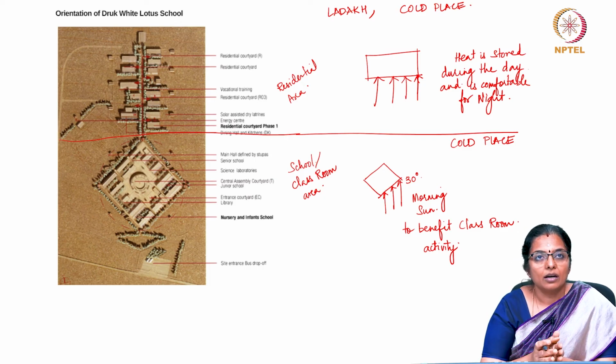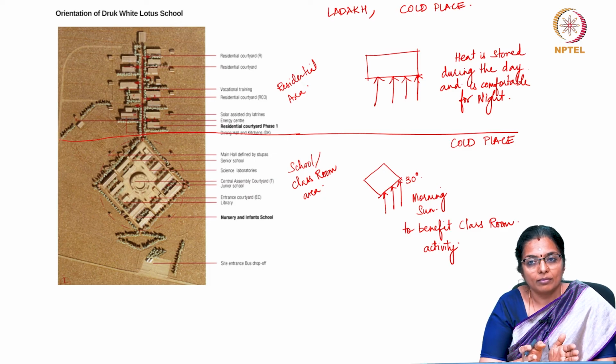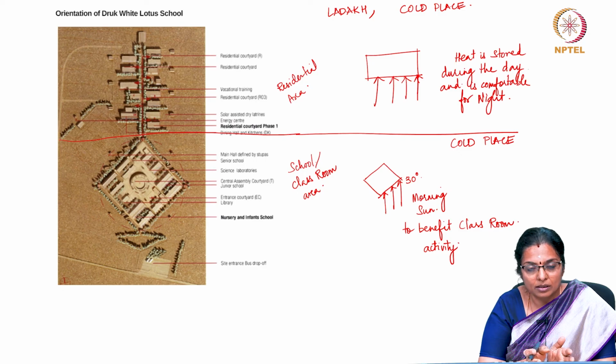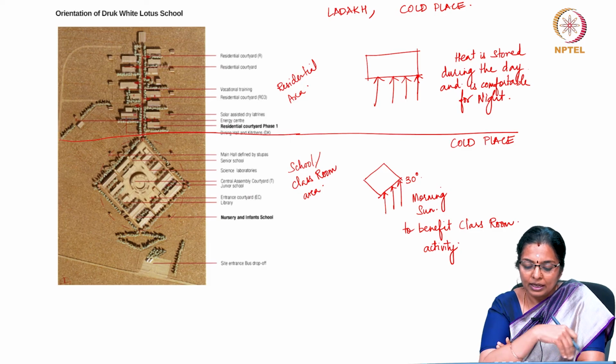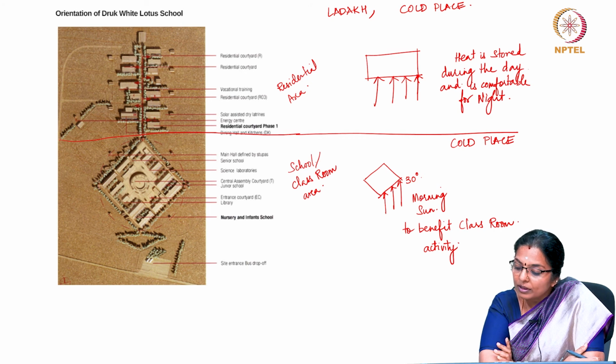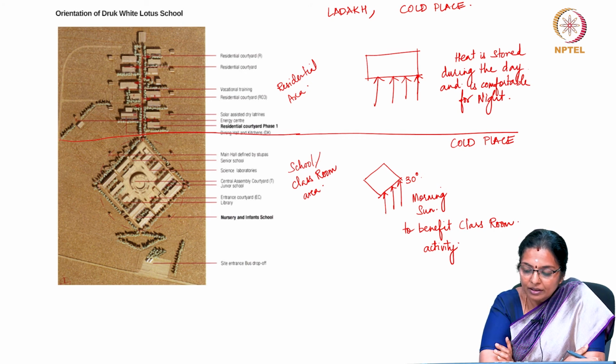One is during daytime when school is functioning, they have oriented it to 30 degrees to capture the morning sun, which will benefit the classroom activity. Whereas in the residential block, they have direct solar radiation, making the rooms warm during the day and retaining